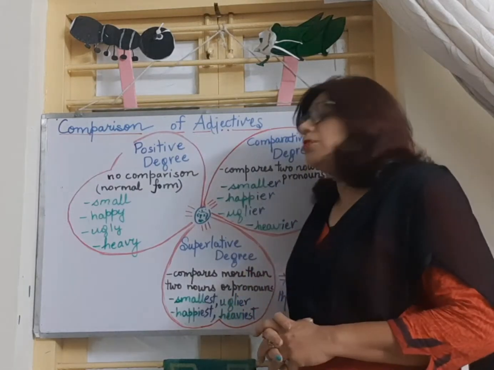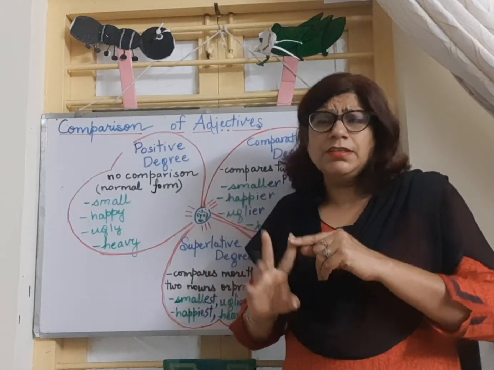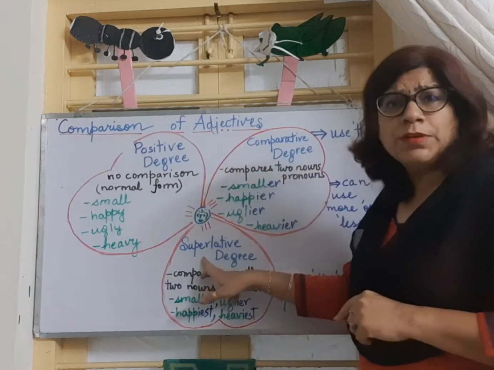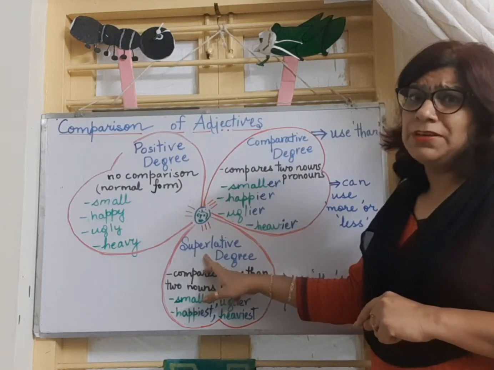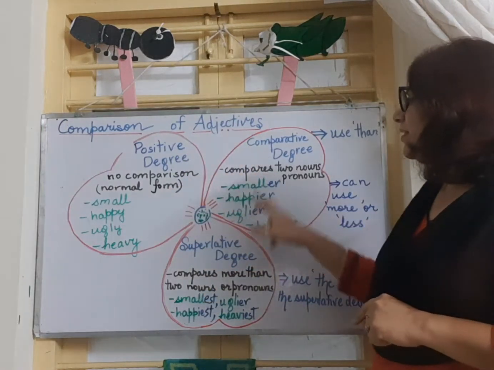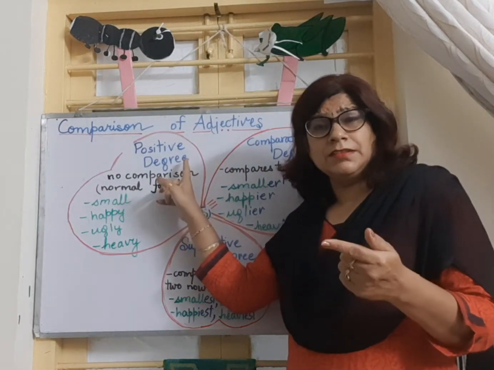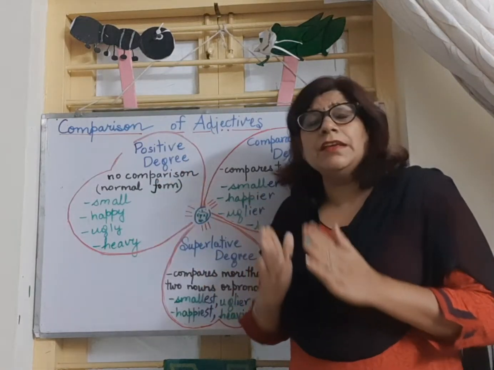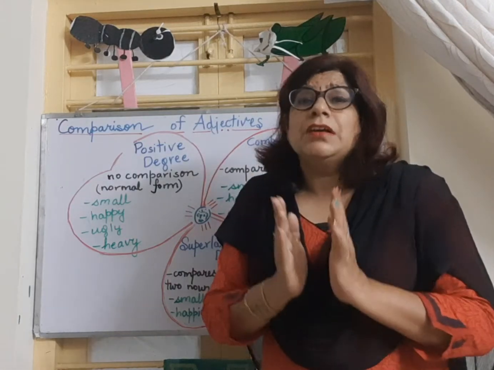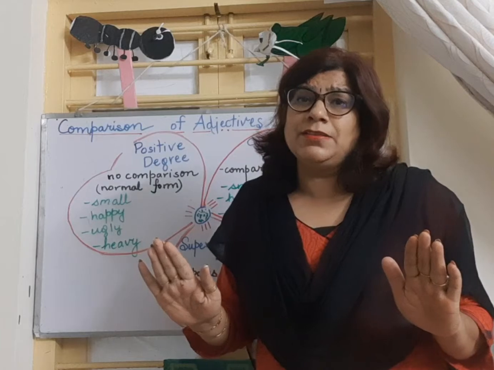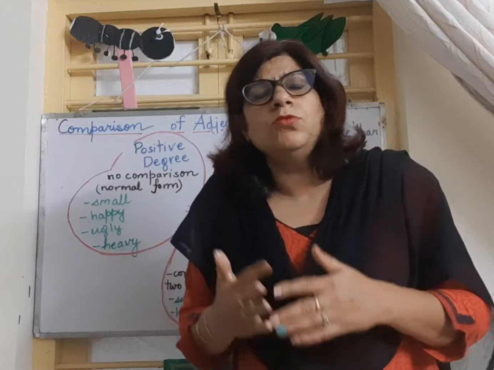Now coming to comparison of the adjectives, remember children, there are 3 degrees of adjectives: positive degree, comparative degree and superlative degree. Whenever we are describing nouns or pronouns, we are dividing them into these 3 categories. First, the positive degree that we had done in the earlier chapter, where there is no comparison. This degree symbolizes the adjectives where we are not comparing any noun or pronoun. We are only describing or telling more about a noun or a pronoun.